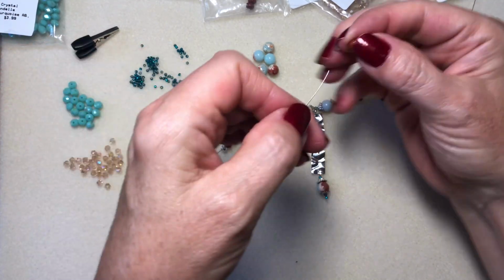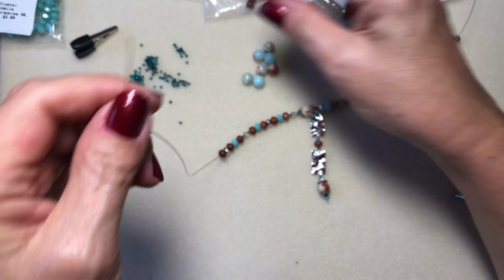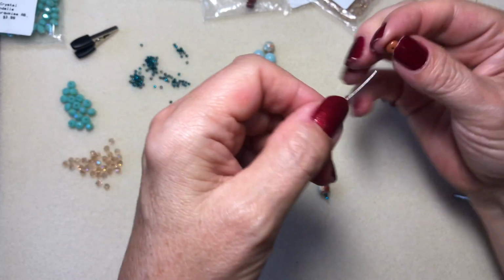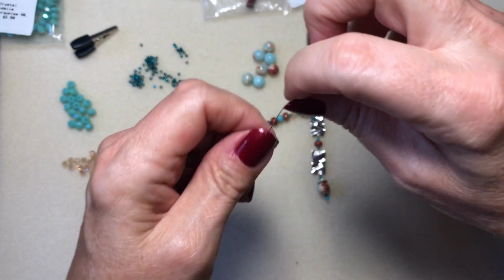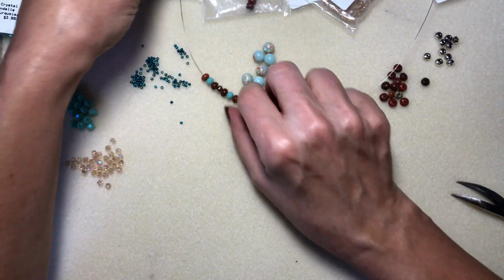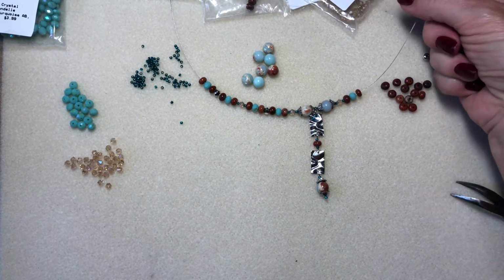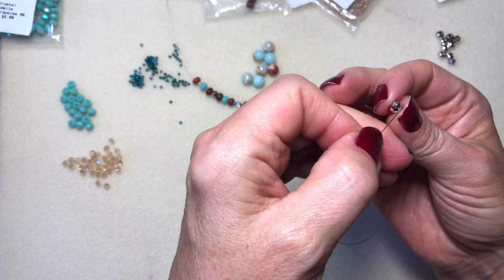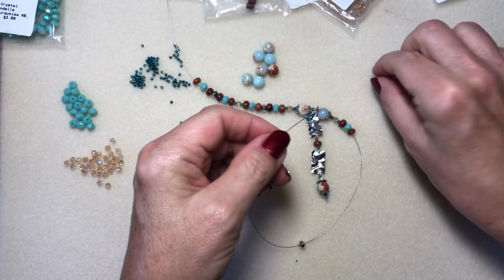Okay, and then we'll do this again. This is such a pretty box. Loved it. Okay, so we've got that. Let's put this up here. So now we're going to finish off this side with these. And we're going to go